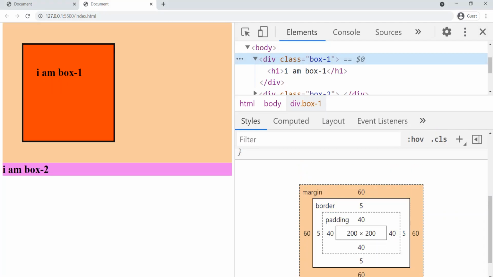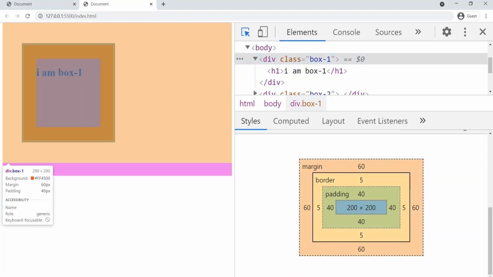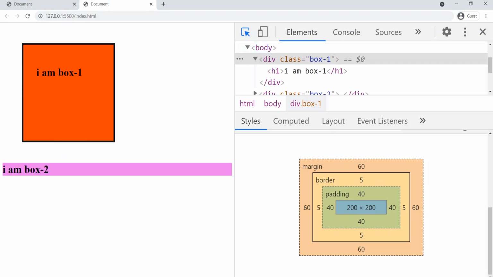That's super cool. But let's look here at the box model. We got 200 width and 40 padding and everything is fine. I'll just hover on that box. Now we can see at div.box1, width is 290 and height is 290, but I gave width as 200 pixels, right? But how am I getting that 290 pixels? So here what's happening, friends, is 200 pixels is the width, plus padding on both sides, 40 plus 40, that means 280, and border on both sides, 280 plus 5 plus 5, 10, it means 290.